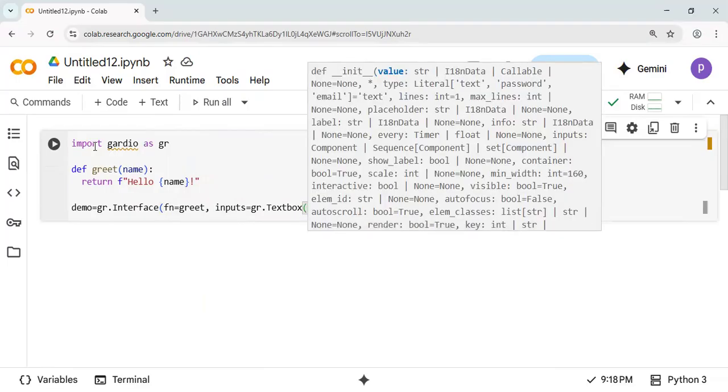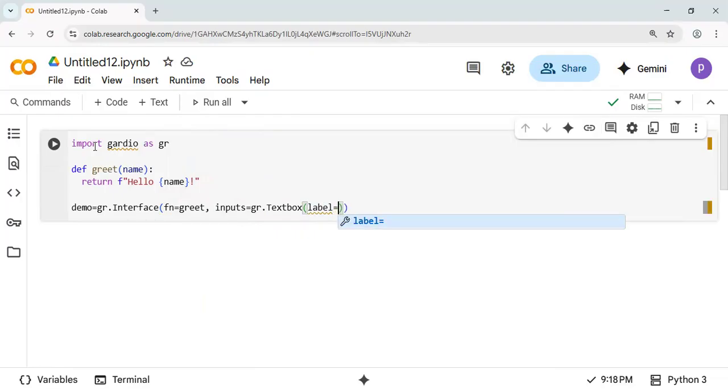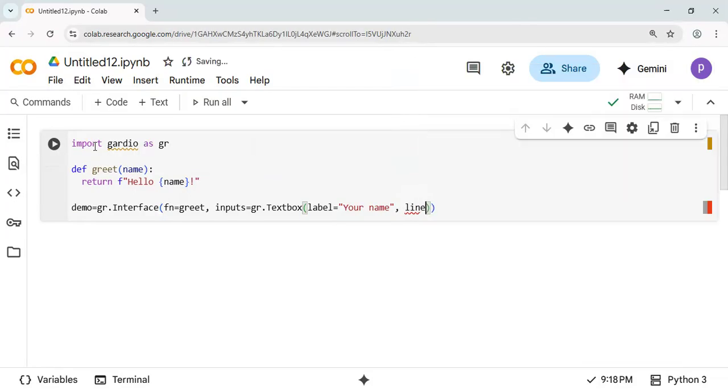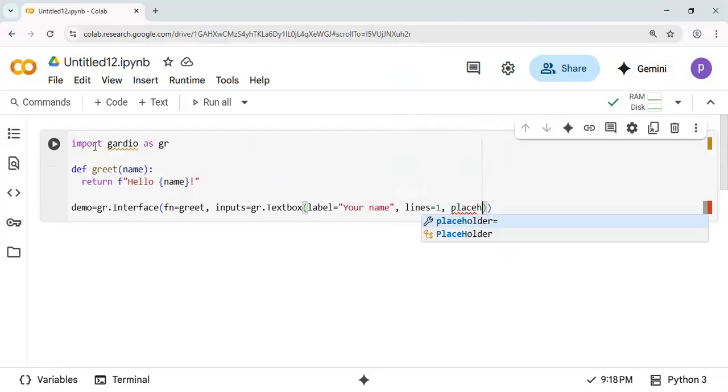method. It's an inbuilt method that we have. Let's pass another argument, which is the label. Label is the first argument which I can pass to a text box, and the label would be name, and then I will pass one more argument. In this case, my one more argument is lines, and I'll give the value of lines as 1. The next parameter which I would like to place is the placeholder, where the placeholder in this case is enter your name,